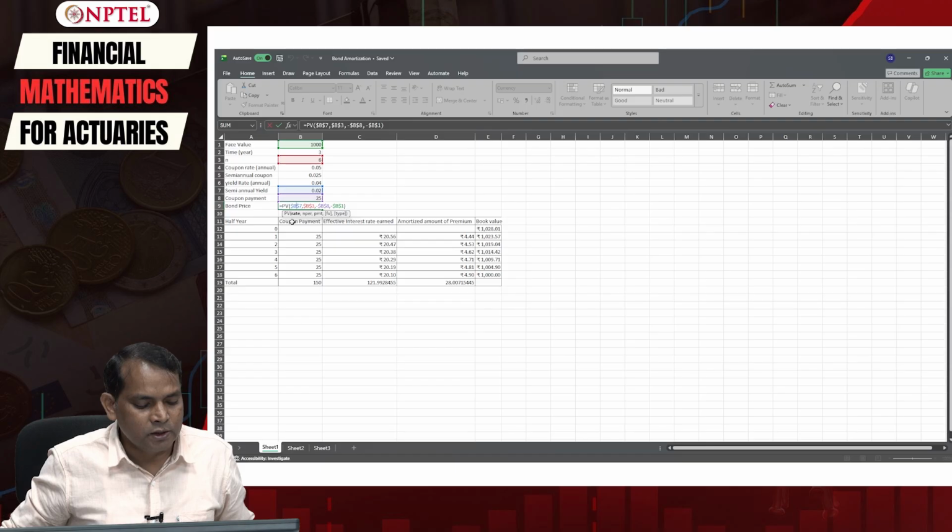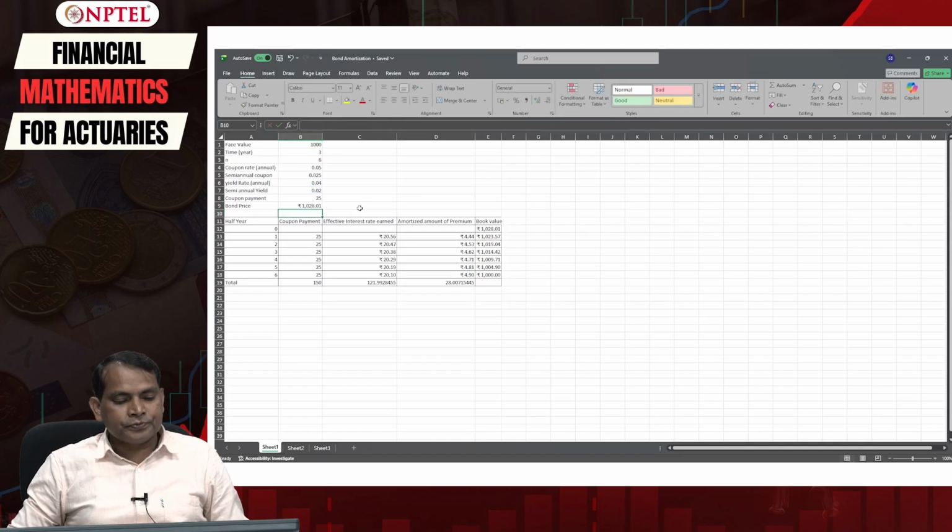B7 here is the semi annual yield, and then B3 is the n which is equal to 6, and then this is the PMT value, that is the coupon payment. I have used a minus here because it will take a negative value, and then the face value, that is V1 here.